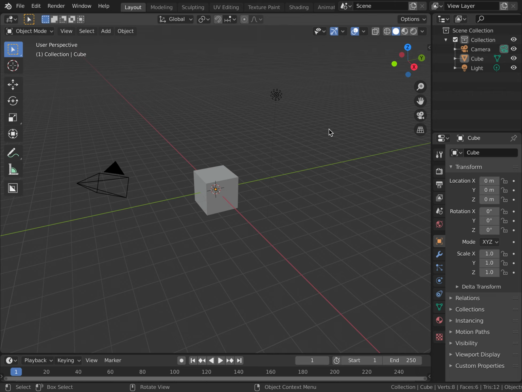Today I want to try something. Basically, I'm recording using my iPad Pro, and also I'm recording on my MacBook Pro, and I will be using the Apple Pencil and this Sidecar feature of macOS Catalina. So yeah, I'm using Blender